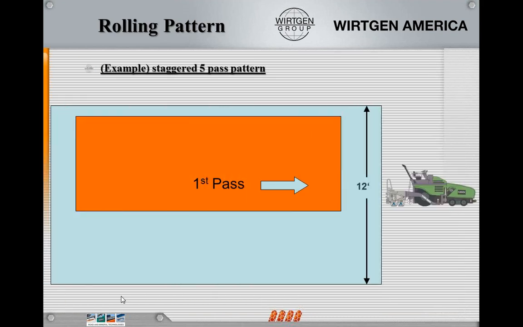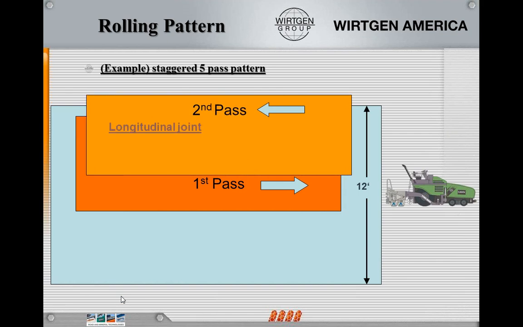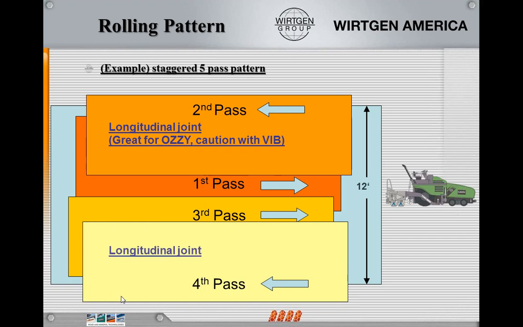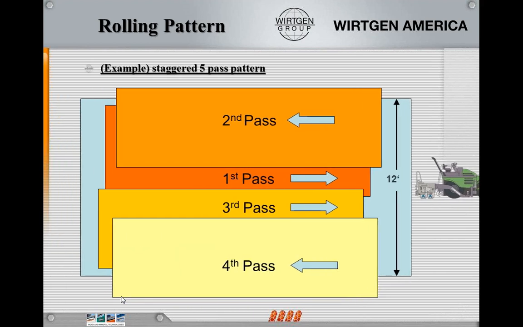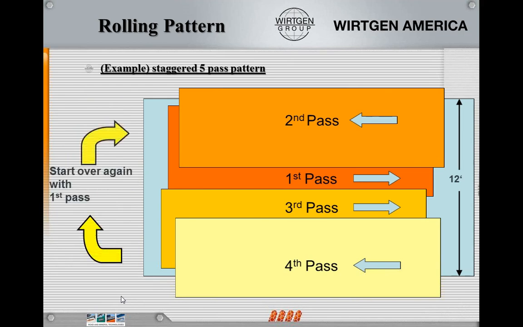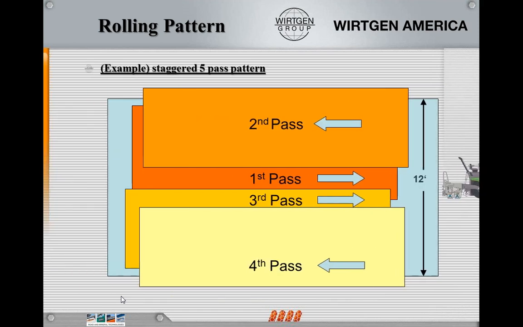So an example of a 5-pass pattern, if we have 2 unsupported edges: normally you're going to go up, staying just off the outside edge with vibration, and come back in static. If that's not enough, we usually start right back over again with the first pass, come back again with the second pass, third, so we'll have 8 passes that we'll be able to do that with. Now, normally if we're going to have a last pass, if it's a 5-pass pattern,